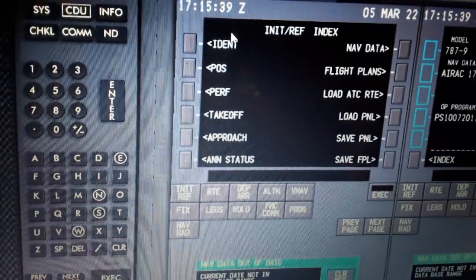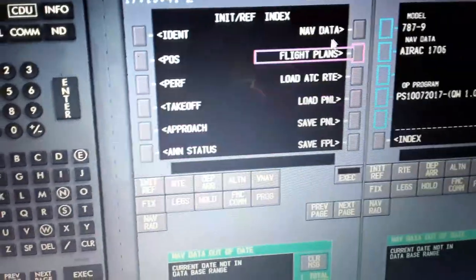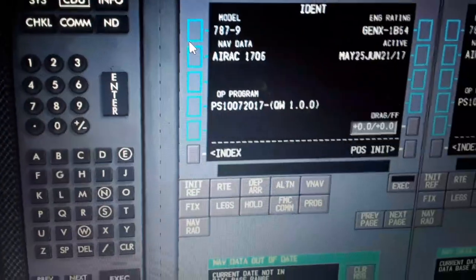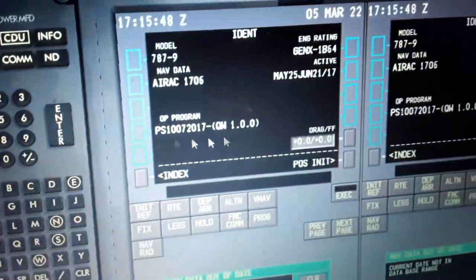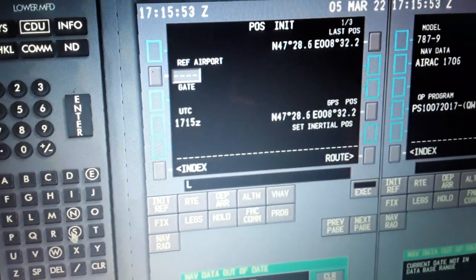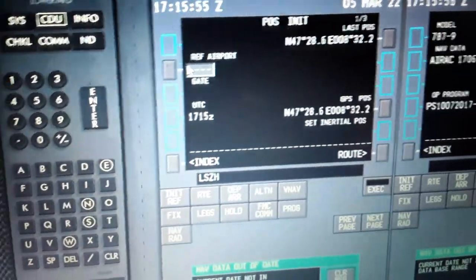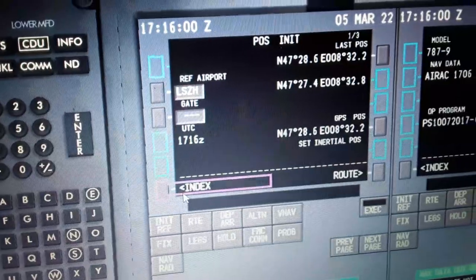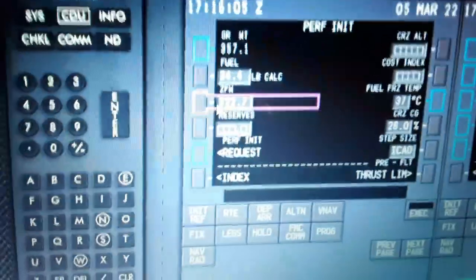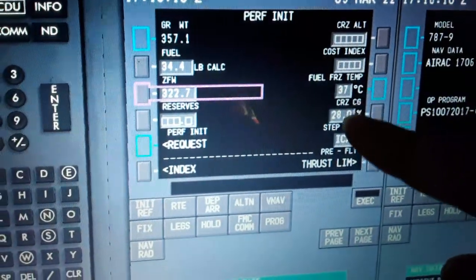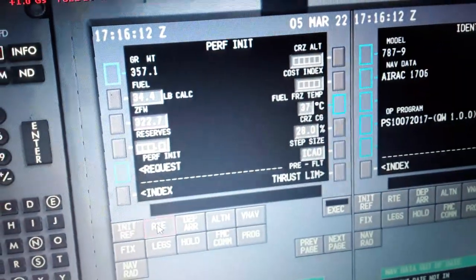So we have identity over here, position, performance, takeoff, annunciate status, navigation data, flight plans. The identity: Boeing 787-900, GEnx engines, AIRAC cycle. Position: reference airport LSZH, and the inertial coordinates can be aligned like this. So we go in with the index, performance here, zero fuel weight plus fuel on board, gross weight for takeoff, reserve fuel, cruising altitude and cost index, mean fuel temperature, and cruising center of gravity, the route,